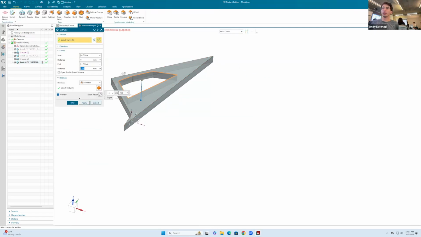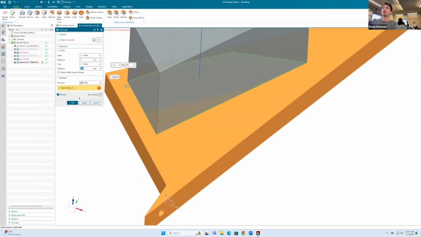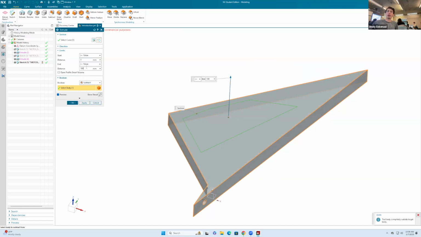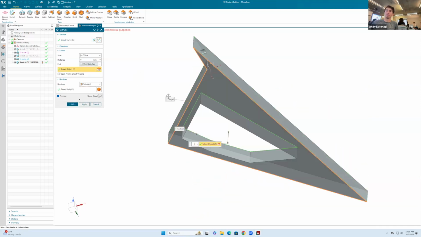And now it remembers that we have the subtract feature in here. I can also do unite, but I want this to go towards 100. So 0 represents the plane from where we started. Yes, I think that's fine. So I'll say, okay. If you click in here where it says value, there are other commands that you could potentially use. For instance, if I go back to subtract as an example, and instead of clicking value, I say up to until selected, I could say, all right, go until this face. That's something pretty cool because now if I say, okay,